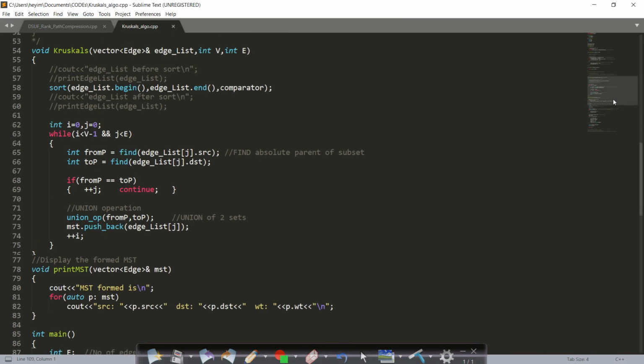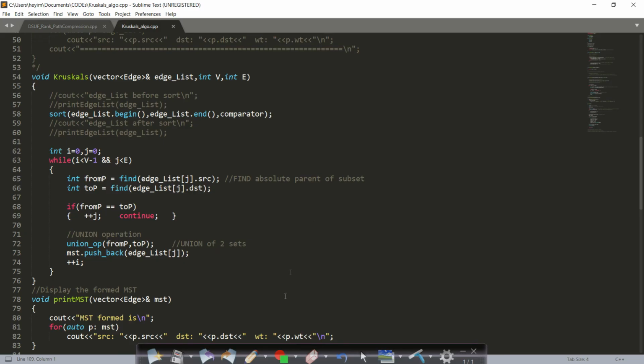Now let us look at how Kruskal's algorithm is implemented. Okay, so this is the implementation part. Here I have taken the edge list as well as the number of vertices and edges. I will have to sort the entire edge list, basically in non-decreasing order. Now while processing these edges, I will have to take v-1 edges in order to form the MST. I have also taken j equals to 0, which will get incremented each time we process an edge, to keep count of how many edges we have processed in total as well as skipped. This will also take care of whether you can form an MST or not.